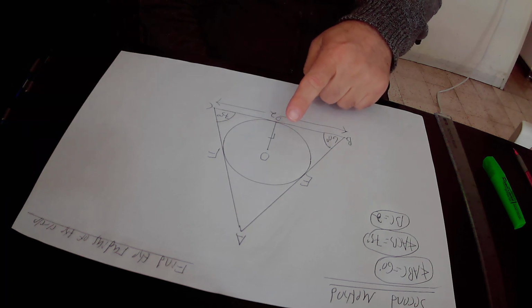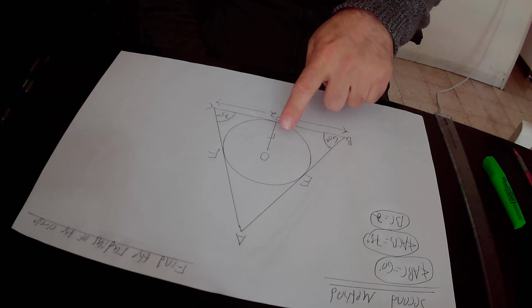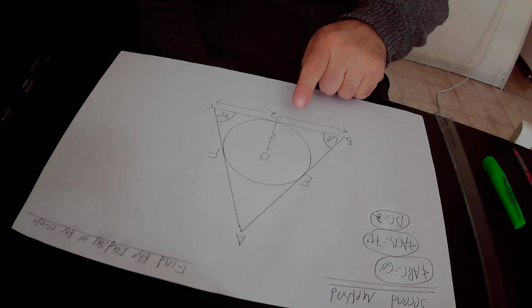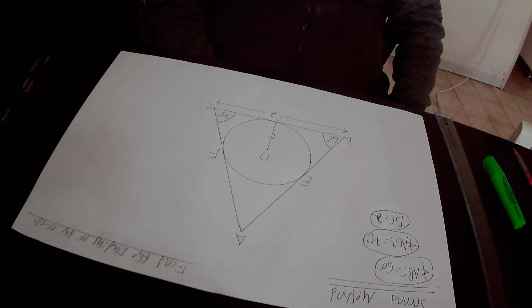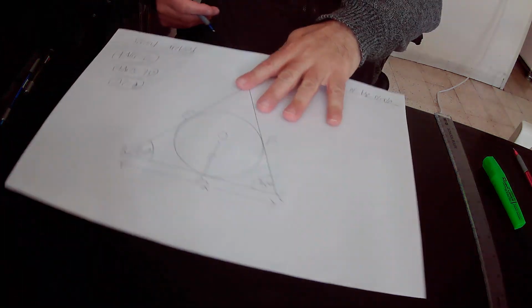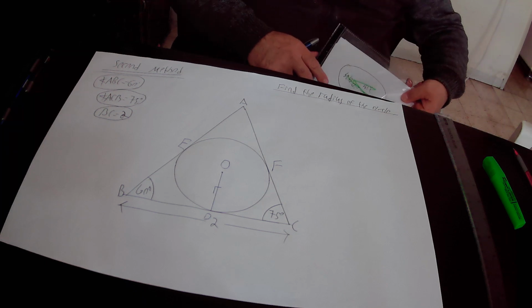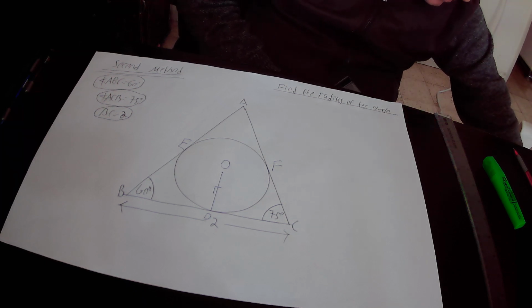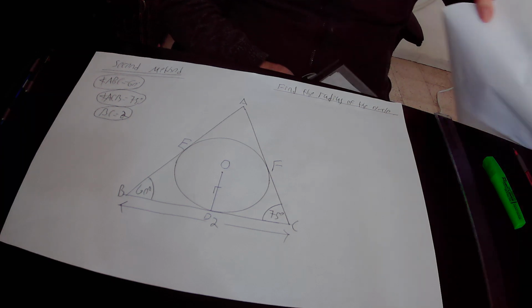Here, point O is the center of the circle, point D is a point on the circle itself, therefore OD is the radius of this circle. That is equal to R according to our definition. You can implement here rule number 1. I repeat quickly rule number 1. According to rule number 1,